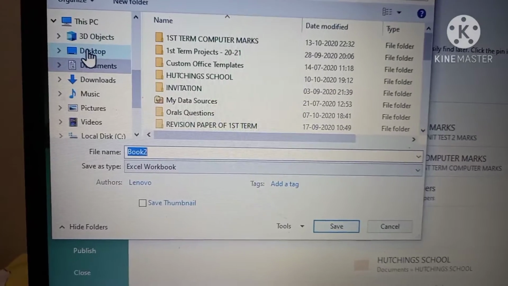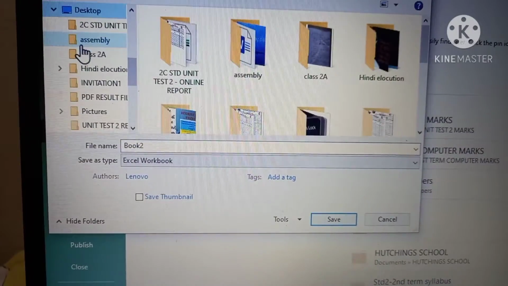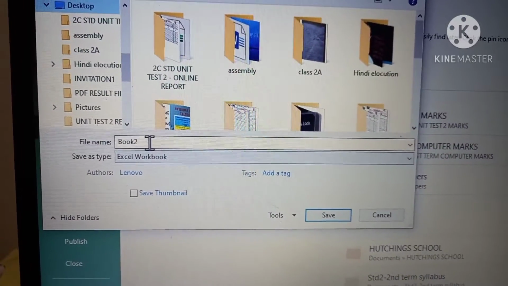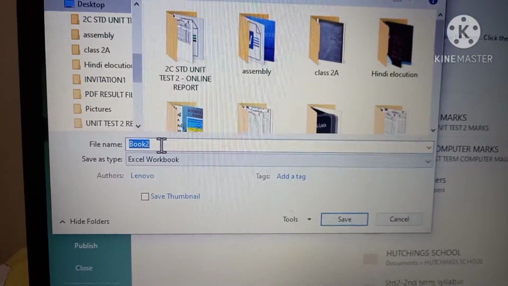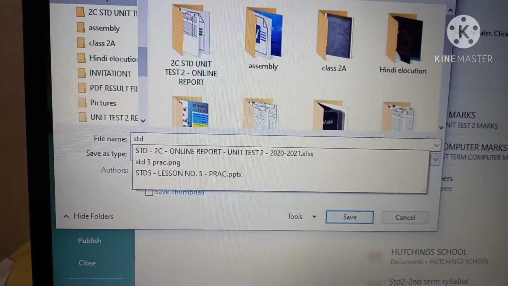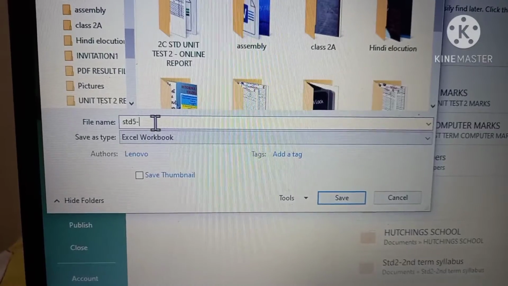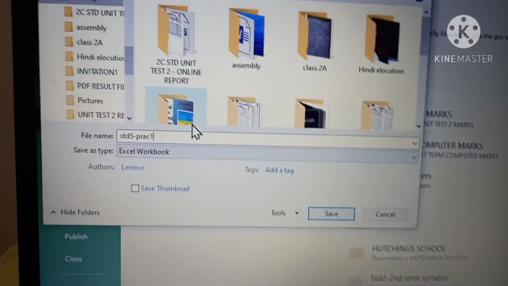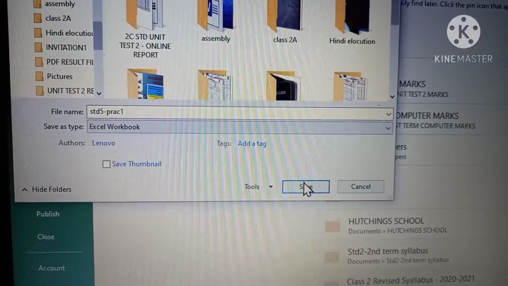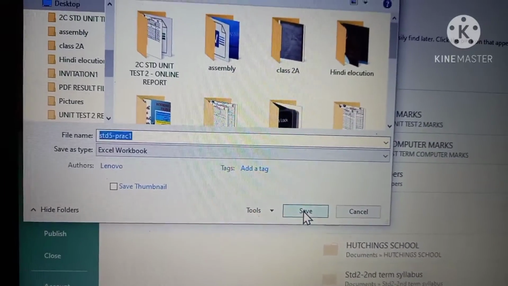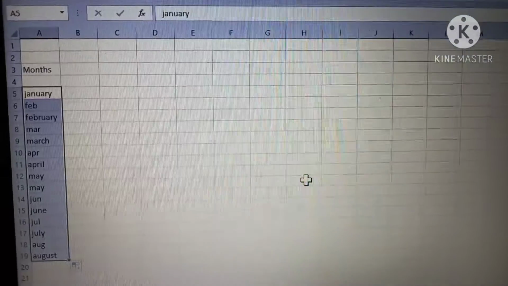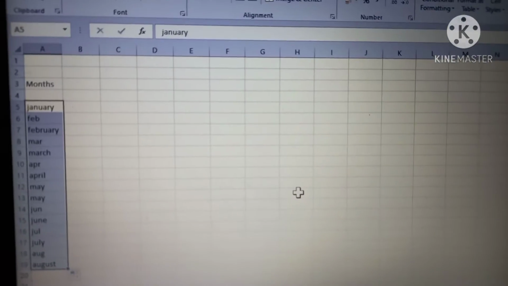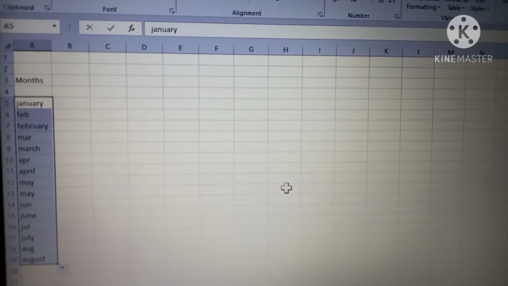I will save it on the desktop as it is just a practice test, and here I will type standard 5 dash prac 1, practice 1. Okay, and then I will click on the tab called save. So this is how I will save the workbook.